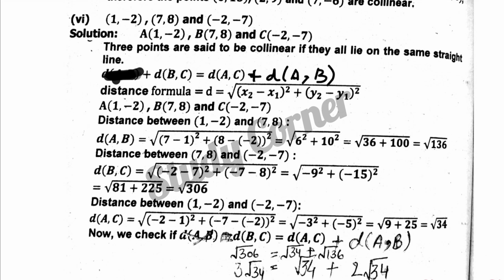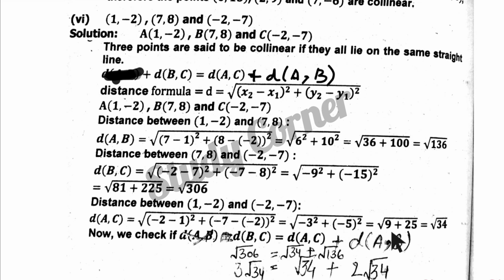Okay, you have this 3 times. And now if you have to find the distance between AC, you will find AC in the same way, that is minus 2 minus 1 whole square and then minus 7 minus 2 whole square, that is minus 3 squared and minus 5 squared, that is minus 7 plus 2 you get minus 5, and minus 5 squared is 25. So you get 9 plus 25 and square root of 34. So when you solve this by prime factorization, this is 2 times square root of 34, this is 3 times square root of 34, and this is square root of 34.